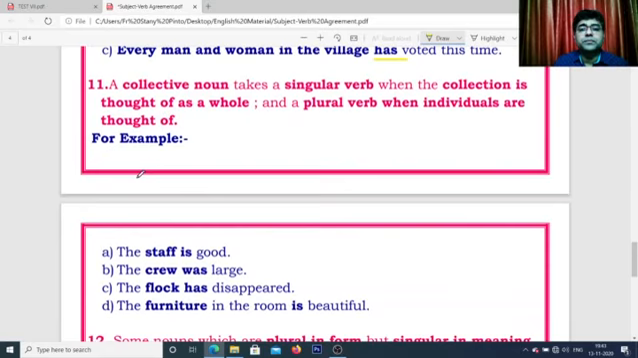Let's go further. A collective noun takes a singular verb when the collection is thought of as a whole, and a plural verb when individuals are thought of. Very funny rule it is. A collective noun meant for a group takes a singular verb when the collection is thought of as a whole, and it takes a plural verb when the individuals are thought of. For example,